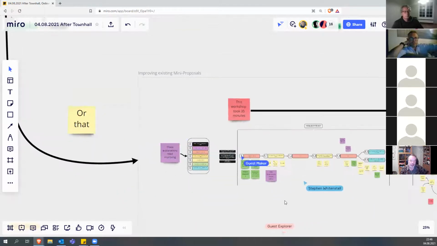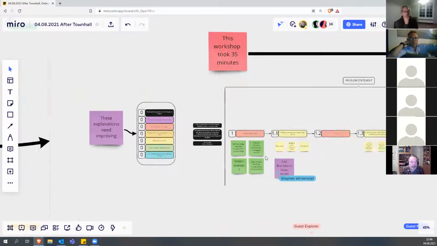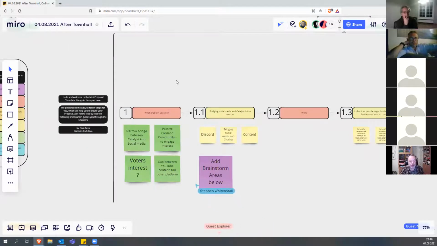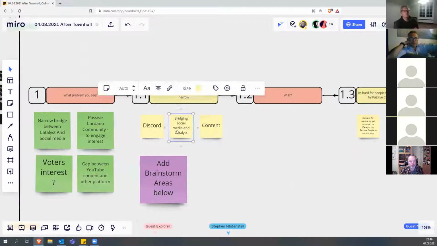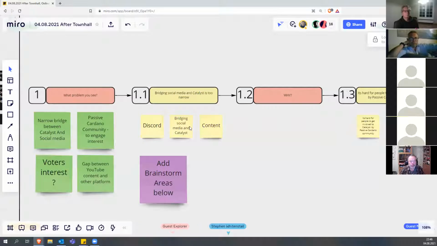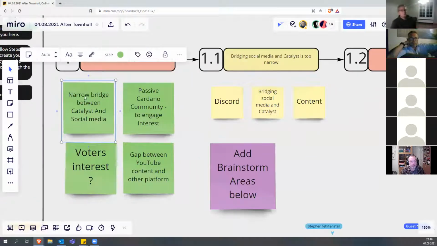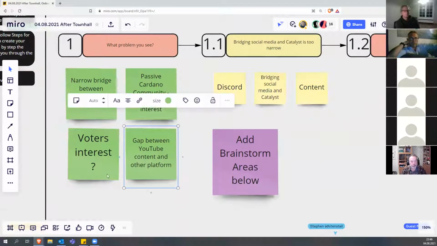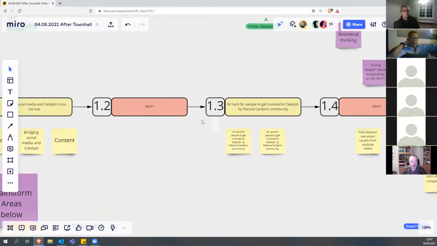So can you recap what we did there then, Tevo? Yeah. So at the process, how it usually starts is first we brainstorm some problems, and then we voted. We were more like talking about bridging social media and Catalyst, and the main stuff was narrow bridge between Catalyst and social media, passive Cardano community to engage interest, gap between YouTube content and other platforms, and where lies the voter interest. So from this, we chose,